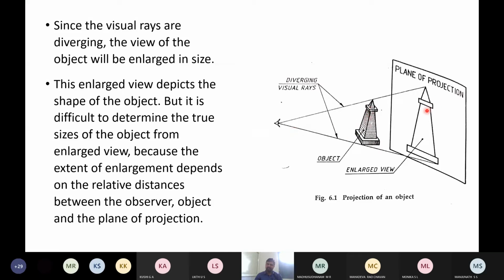All the details remain the same, but it is difficult to determine the true size of the object from the enlarged view, because the extent of enlargement depends on the relative distances between the observer, object and the plane of projection. Where we place these three, the enlargement will depend on that.